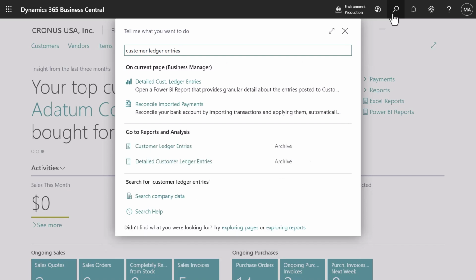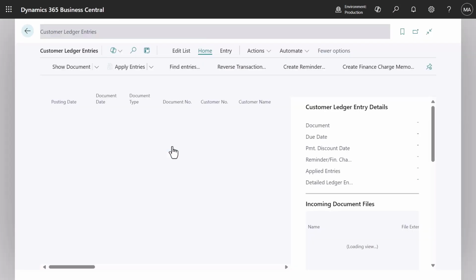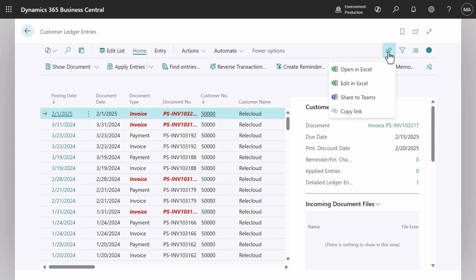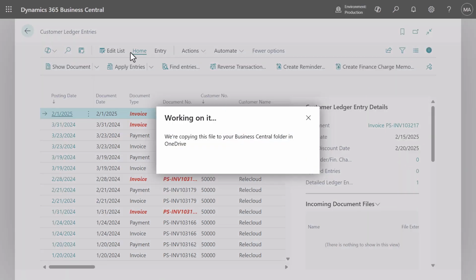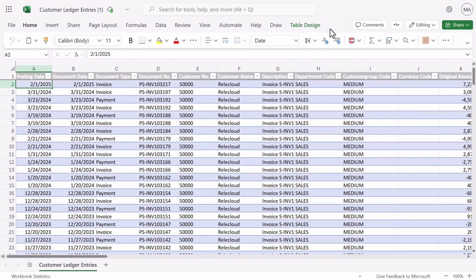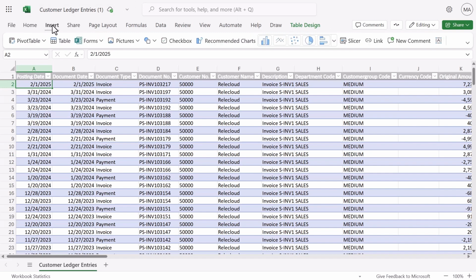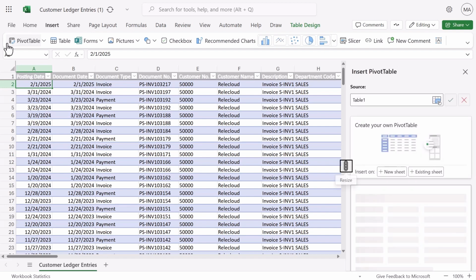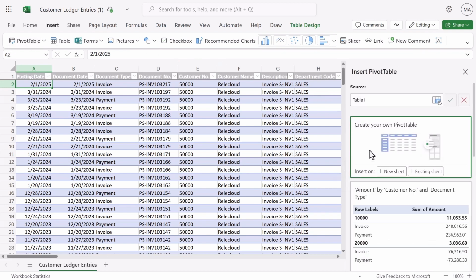Let's say you want to create a report from your customer ledger entries that shows quarterly sales by customer. On list pages, you have the option to either open or edit in Excel. We'll open the data in Excel for the web, but you can also use the Excel app for Windows. Once the data is open in Excel, we can then use the application's powerful reporting and charting functionality to work